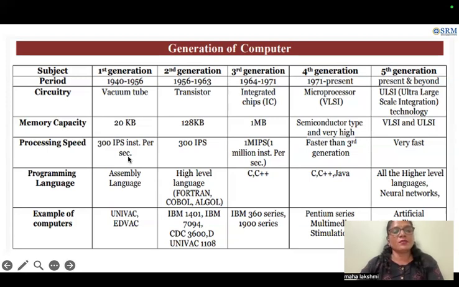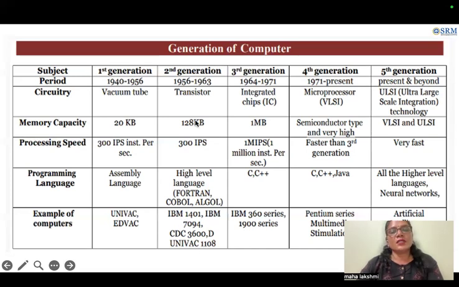The programming language used here is assembly language. Examples of computers are UNIVAC, EDVAC. And if you see the second generation of computers, its period is from 1956 to 1963, and the circuitry is made up of transistors. Its memory capacity is 120 KB, and processing speed is 300 instructions per second. The programming languages used here are high-level languages like Fortran, Cobol, and Algol. Examples of such computers are, as given here, IBM 1401, IBM 7094, CDC 3600,